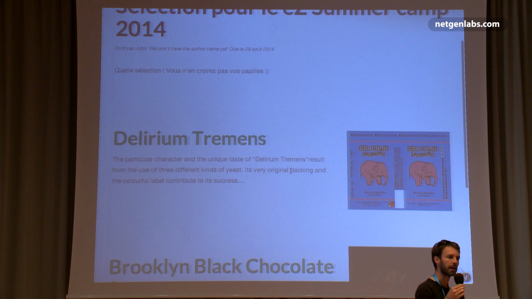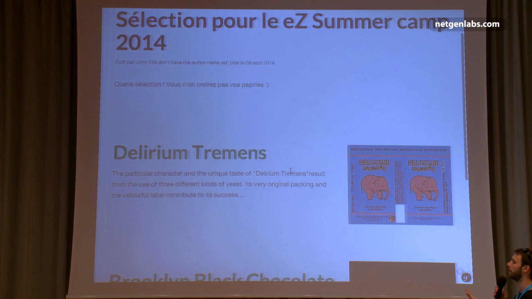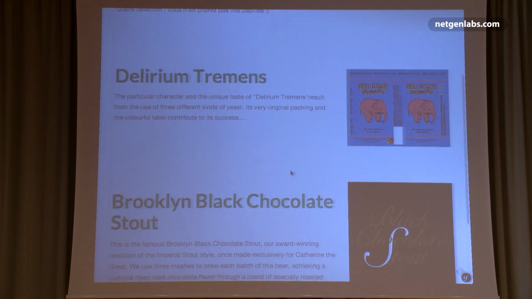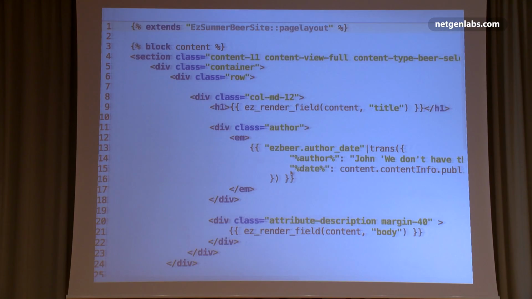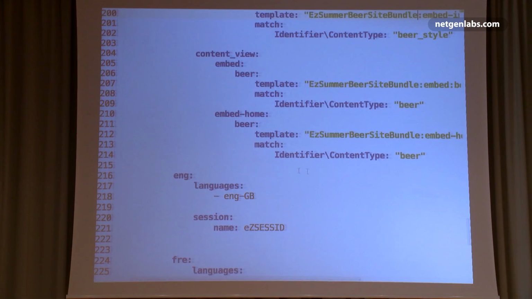Content can also be marked as always available, in which case it doesn't have to be translated, and it will be shown whatever the translations are. And it's typically used for containers like the beers folder or reviews folder that don't really need to be translated and are just placeholders for more content. So you should not have to care about this. It's only configuration, and you should almost never have to specify which language you want when working with the content within templates. Well, for configuration,